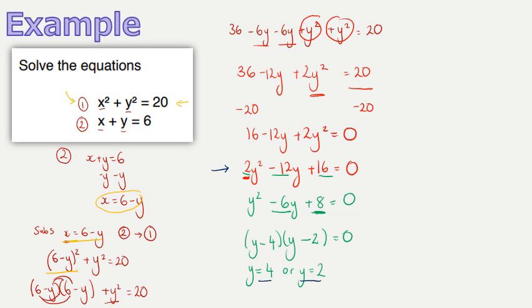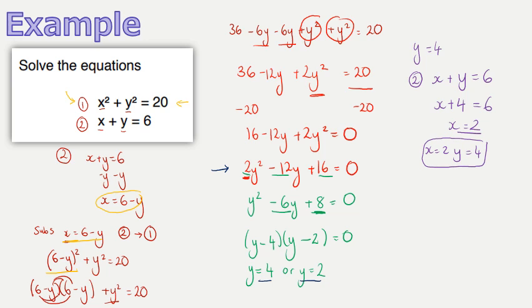So make sure you keep these pairs together. When I've got y equals 4, I'm going to substitute that back into one of the equations. I'm going to choose equation 2 because that's a lot easier in order to find x. So equation 2 is x plus y equals 6, but with this value of y I found being 4, x therefore must be 2. So one pair of solutions is when x is 2, y is 4,